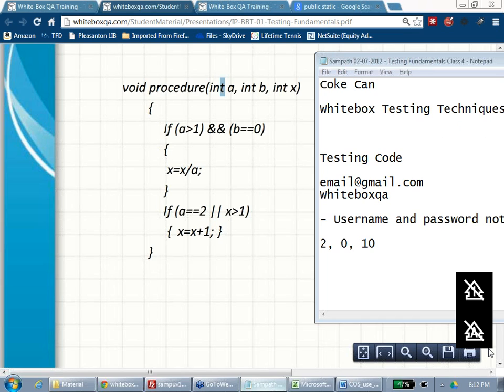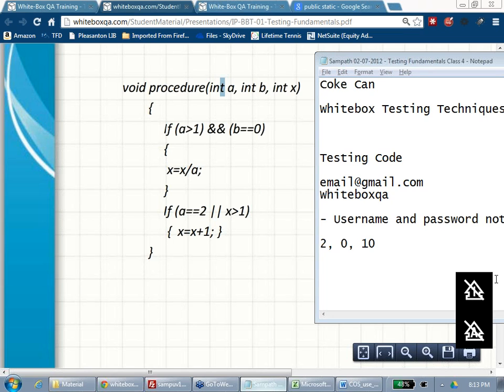In programming, remember this: if it takes an integer, I have to give an integer only. I can't give a character, because the program says you can't call me with characters. Programs are strict. User interfaces are more flexible, allowing everything because the user enters it. But you can't call a program with a character. There is no way of giving anything other than an integer. You can't even give a decimal number like 1.1. You have to give an integer only. An integer is a whole number, positive or negative.